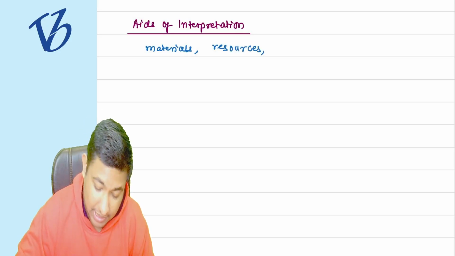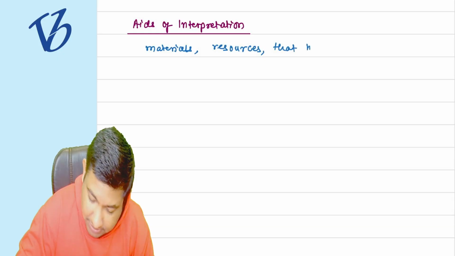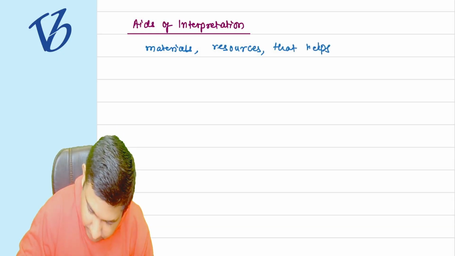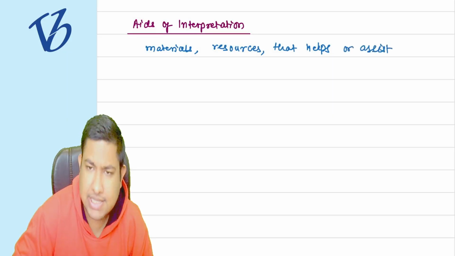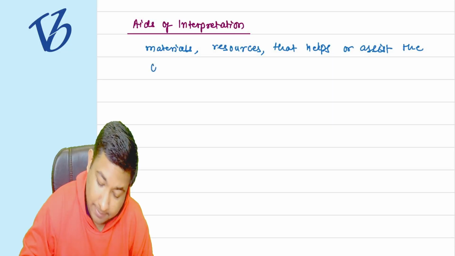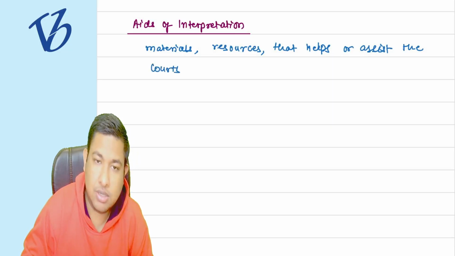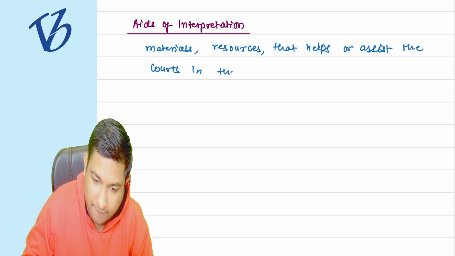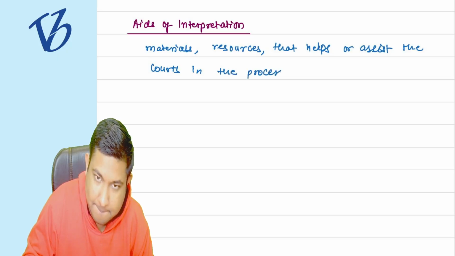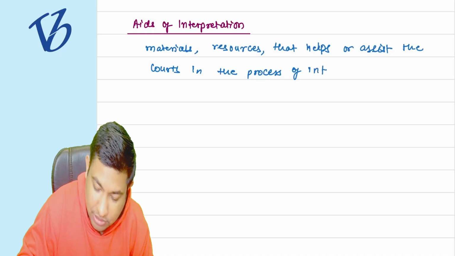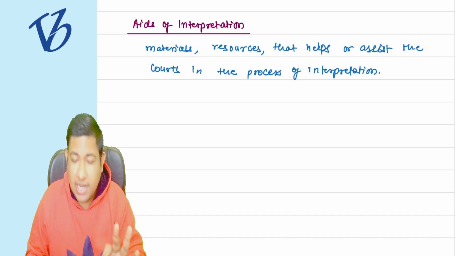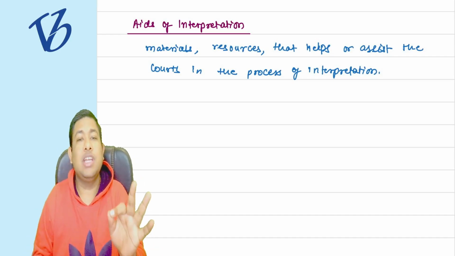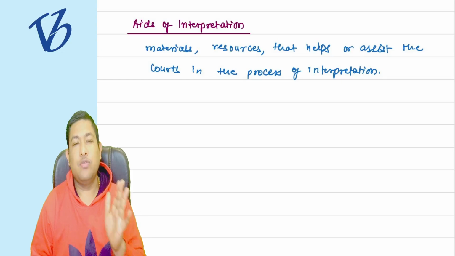It could be anything that helps or assists the courts in the process of interpretation. See, earlier we have seen what are the principles, what are the rules that the judge should follow